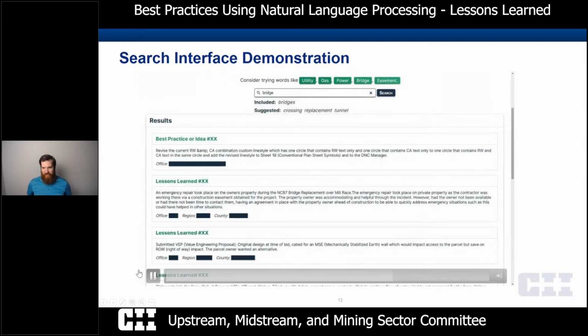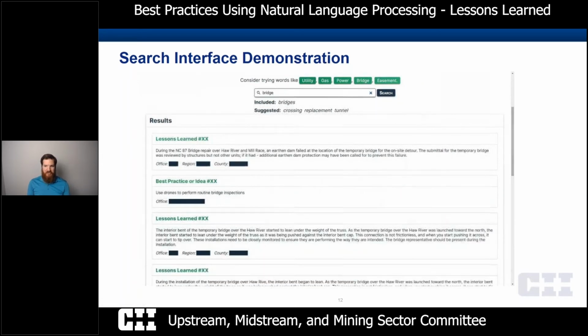The next example that we have here is just about bridges. Again, just trying to show you some different examples of things that the model understands, like say, this is an interesting one of a tunnel might actually be related, or a different direction to search for something. And then you can see that the lessons learned and best practices that are showing up are going to be relevant to that concept. And then the final one